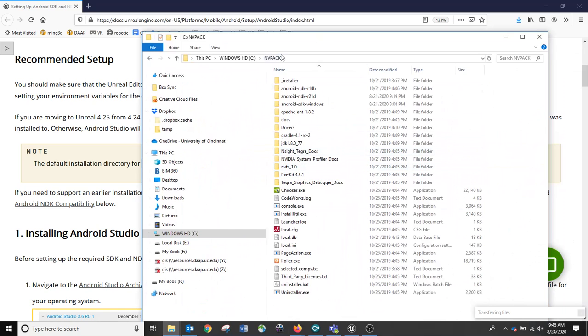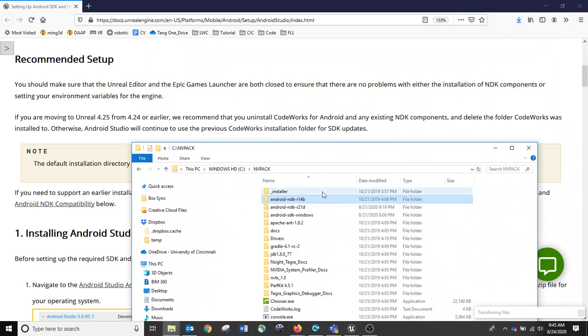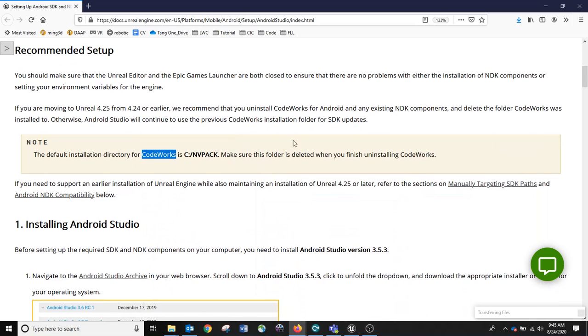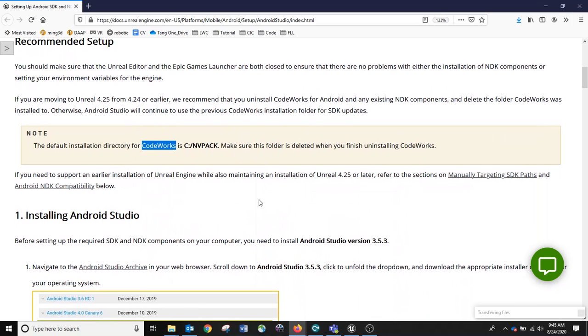The NVPack folder, right? Just to let you know, the old version is the 14B. So I did manage to install the new version, 21D. I will show you the whole process and how to do this for Unreal 4.25. I do recommend you watch my old tutorial first before you watch this one, so you can get a general